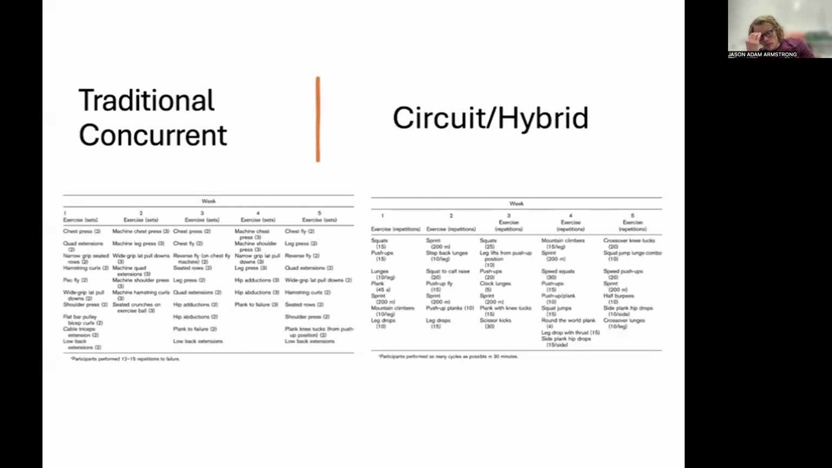The last thing I want to jump into before we do a little bit of math is traditional, concurrent training versus circuit or hybrid training. So resistance training can result in improvements in VO2 max, but we would typically expect that